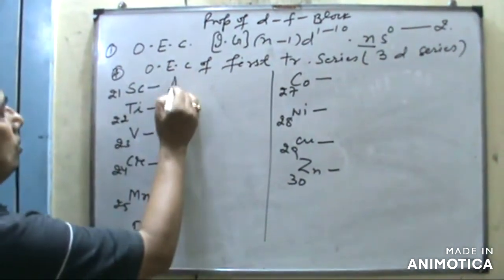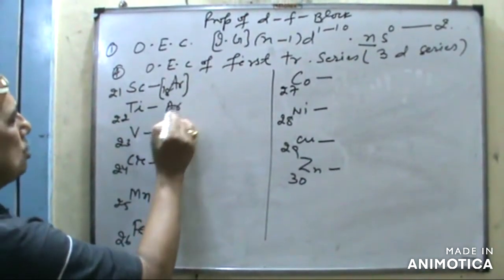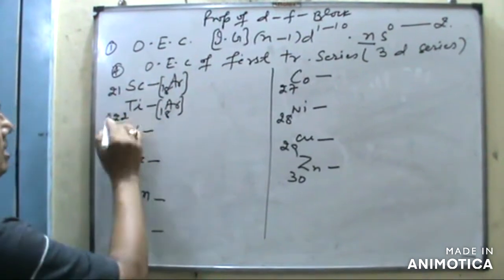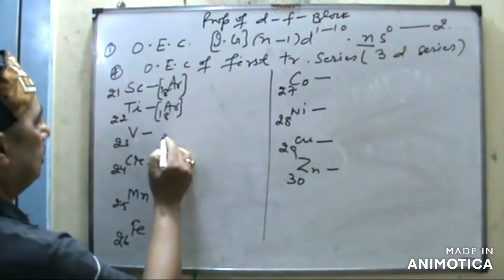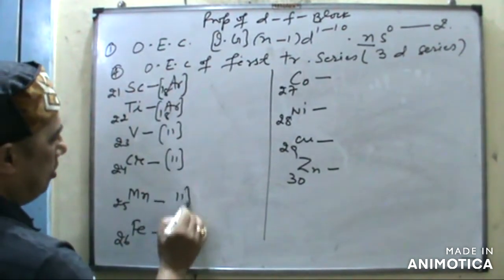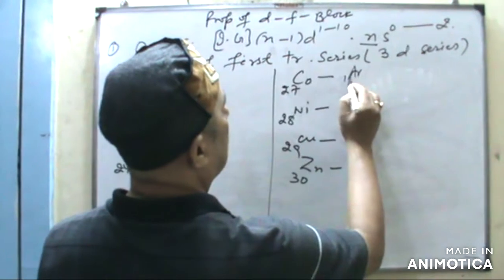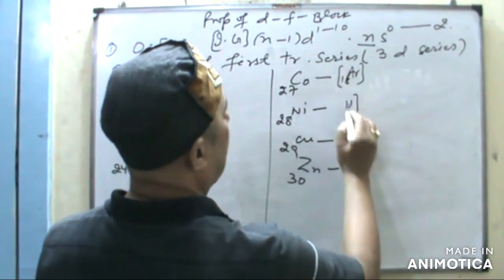This is the argon. In all cases we have to write argon, because scandium, atomic number 21, is close to argon. So everywhere you write the argon. Here it is the argon, and then